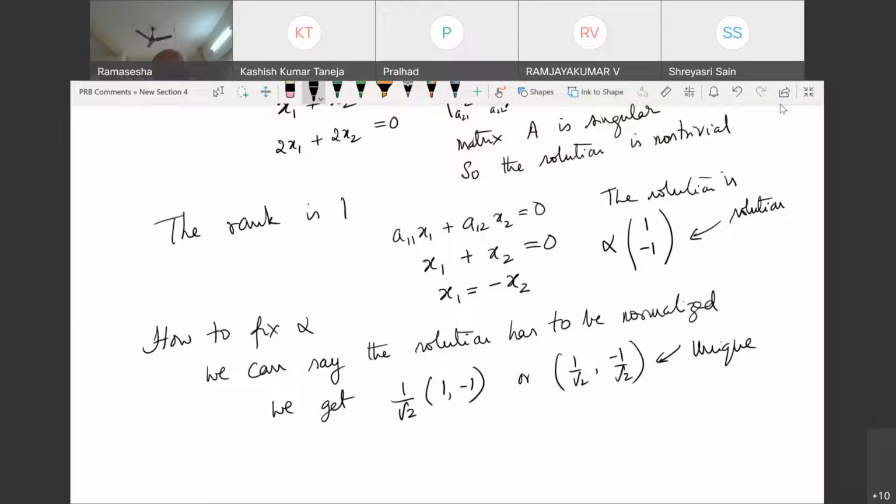This is a trivial example I've just shown. But when you want to get the eigenstates of a spin operator, for example, spin can be represented as a 2 by 2 matrix. You are looking at the eigenstates of a 2 by 2 matrix, and you want to find out in terms of the up and down spin states, you can get the solution in that case. So this is a trivial example I've given, but if you want slightly non-trivial examples which require a little more arithmetic, you can look at engineering maths by Crazy.